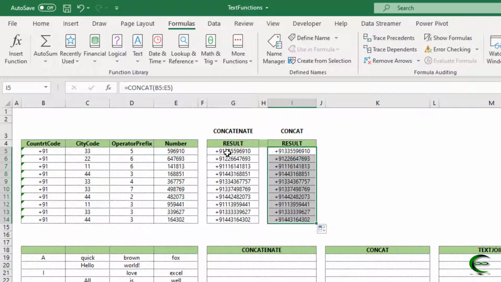So you understand the difference. In CONCATENATE we need to select individual cells. In CONCAT we can select a range. This is the difference. But one more thing, in CONCAT you can select cells or a range, but in CONCATENATE you can select only individual cells.